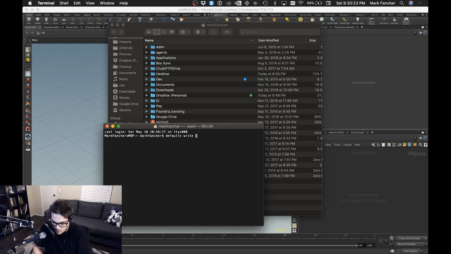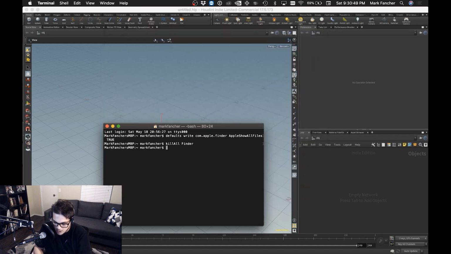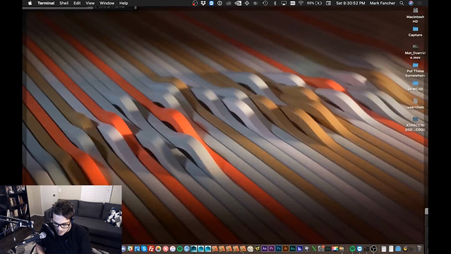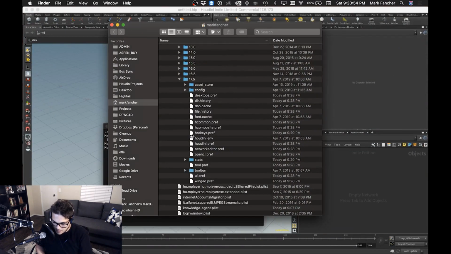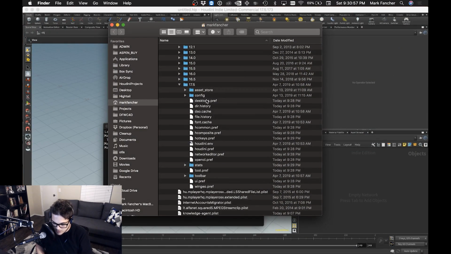defaults write com.apple.finder. And then we've got to follow, it's case sensitive here. So I'm going to do a capital A, PPLE, Apple, ShowAllFiles in camel case. And then say TRUE in caps and hit enter. And then I'm going to type out killall with the capital A and then capital Finder and hit enter again. Now it reopens Finder, and you can see that I was doing this before, so it's already navigated there,